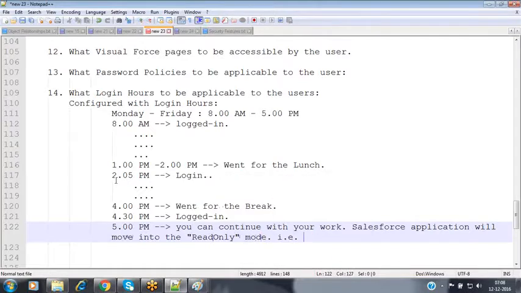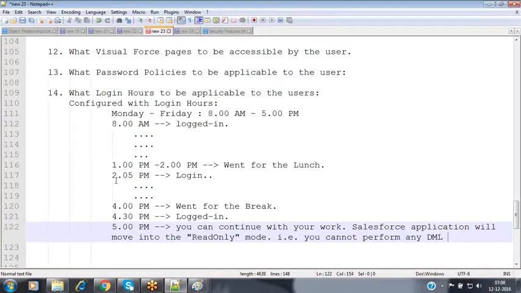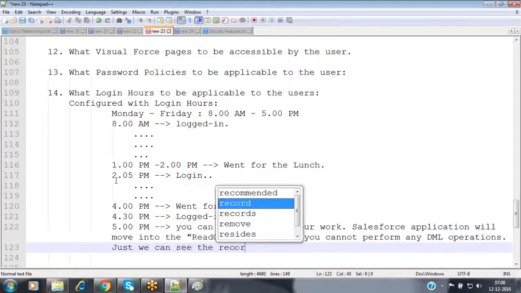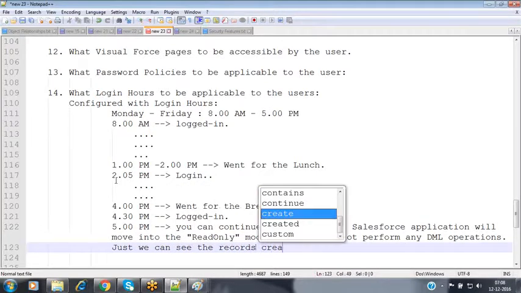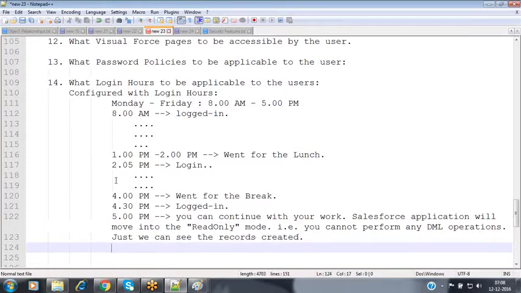That is, you cannot perform any DML operation inside that. You can just see the records you have created.